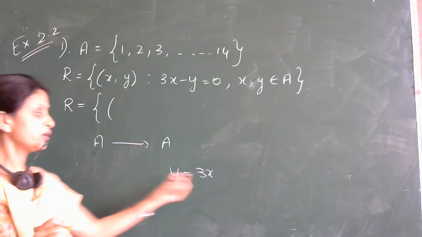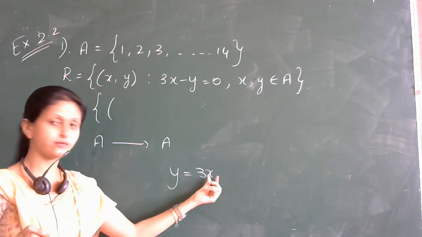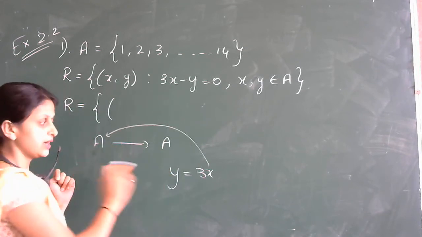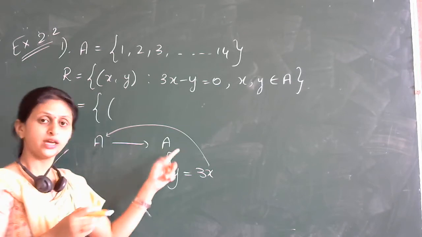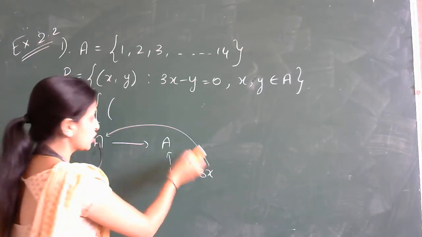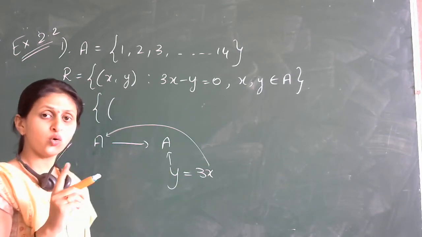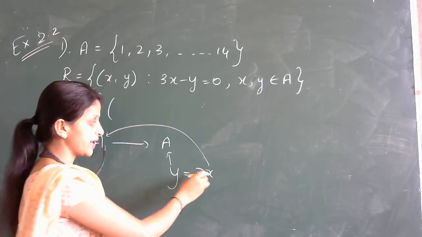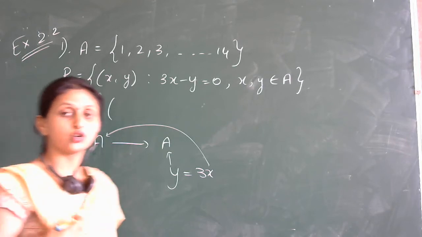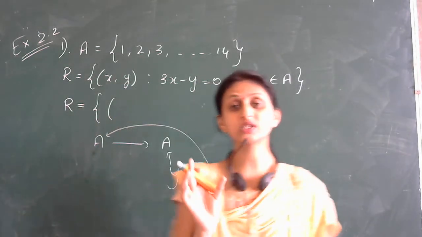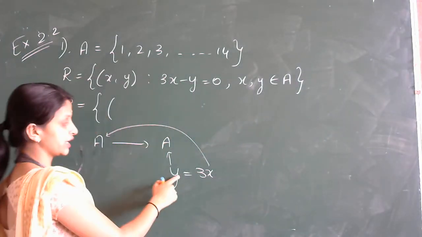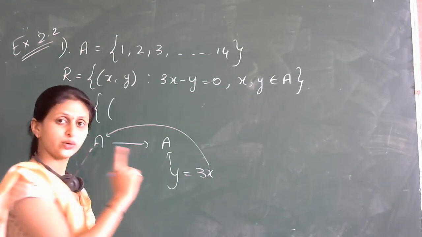Whenever you take values of x, you will take them from set A, because x values come from the first set and y values come from the second set. Here both sets are the same set A. But you should be very careful while taking the x values. You can't take all the values from set A. Domain is nothing but only those values which satisfy the criteria of the relation, so you take only those values which satisfy this relation.